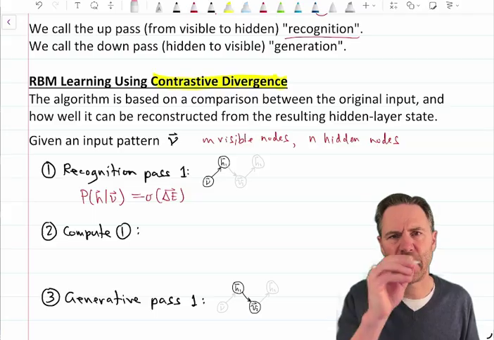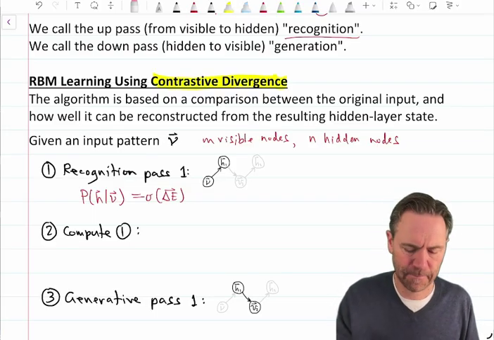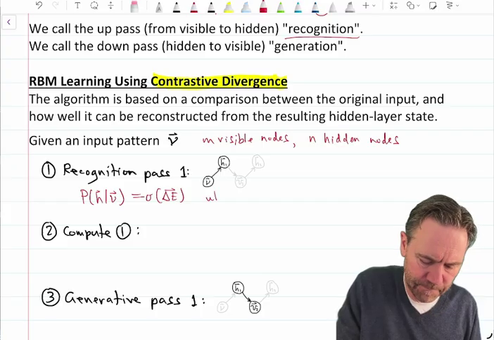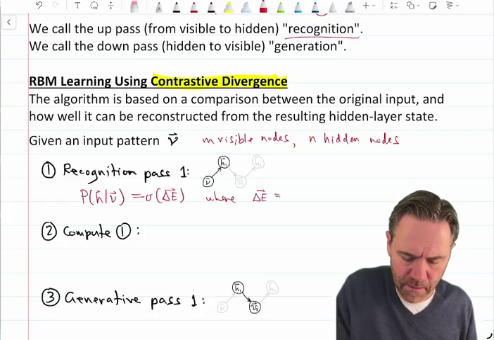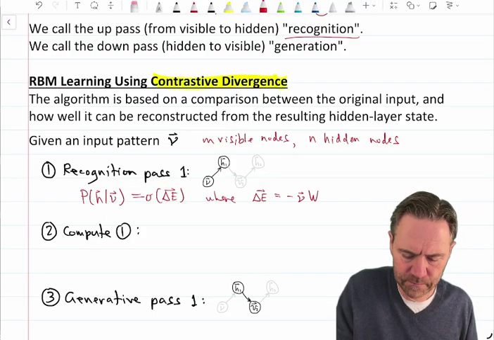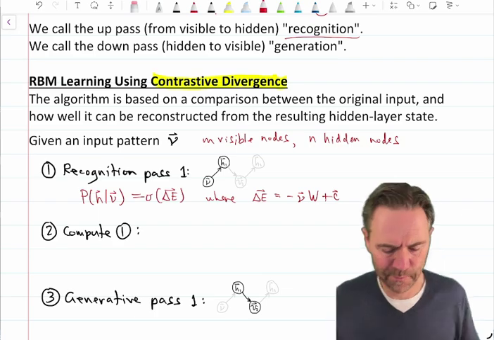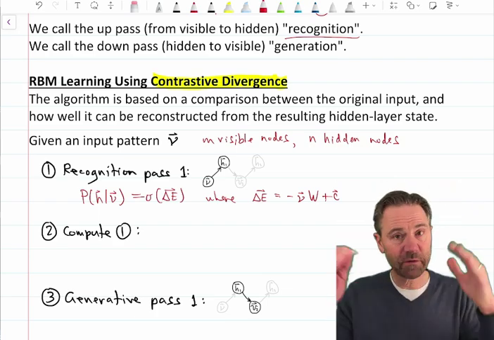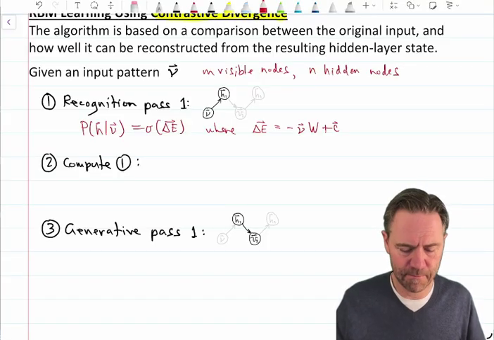I'm putting in a vector over the energy gaps because it's the energy gaps for all of the hidden neurons. It's a script V. So input current, run it through the logistic function to get the Bernoulli probabilities. Okay, so once we've done that, we have now the probabilities of our H's. We can compute the first term